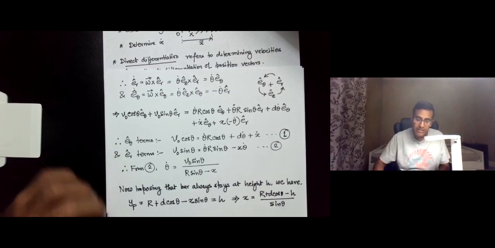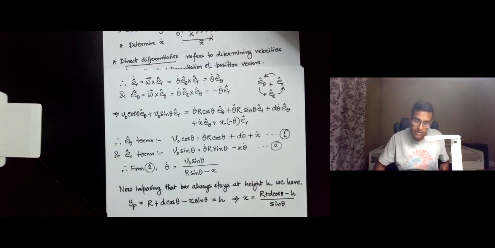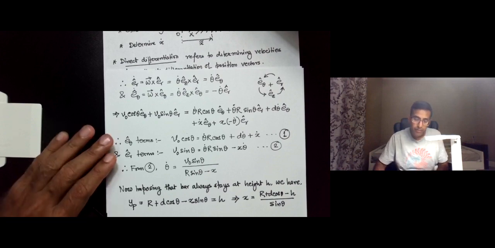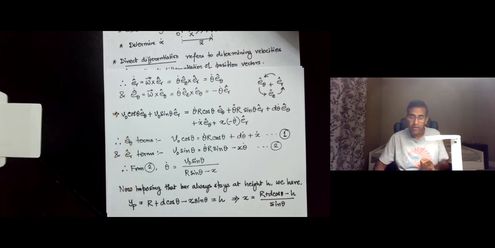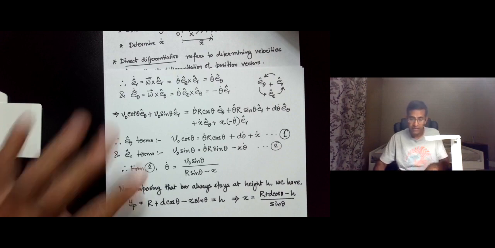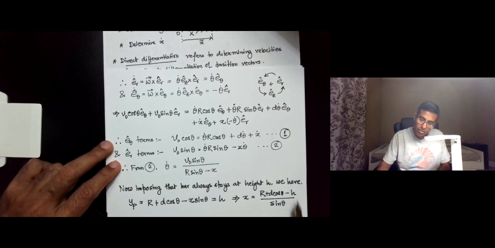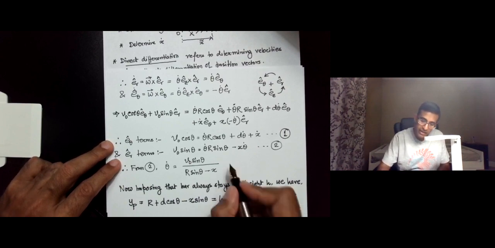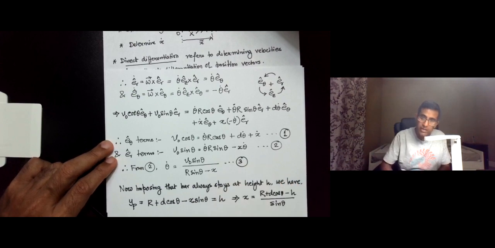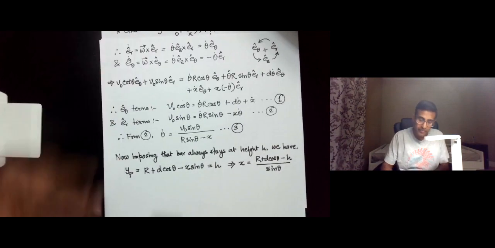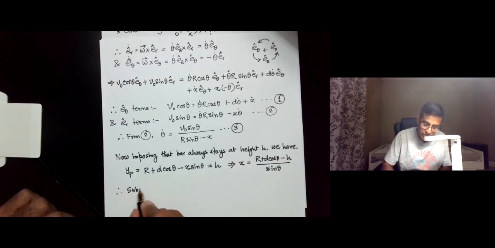And you will find this discussion and this derivation in greater detail in the prior video which I made on this disk with a slot rolling on a horizontal plane. The same problem was solved using the relative velocity method. So now using this expression for x, I can substitute that in, let's call this equation 3. Therefore, substituting in 3,